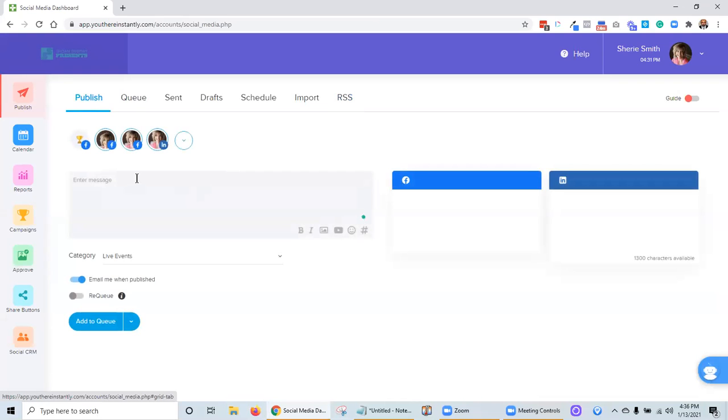Okay. Now publish is where the magic happens. This is where you're going to start initially, most likely, and this is where you're going to write your message. So let's say that we want to say something about Anthony Robbins. So you could say, hey, and then one of the really cool things is, and I saved it, and I'm going to write